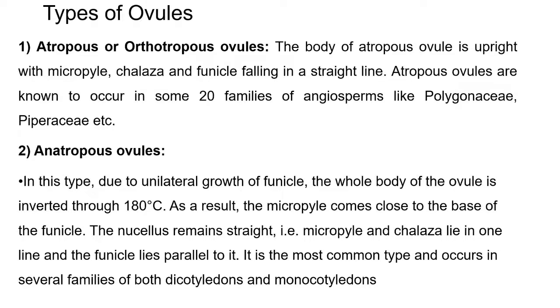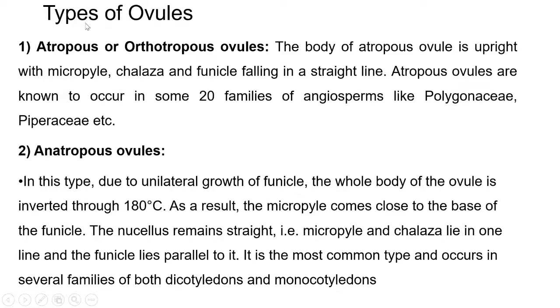In angiospermic plants, the female reproductive organ is the carpel or pistil. It is also called megasporophyll. Each carpel consists of style, stigma, and ovary. Last time we have seen the structure of typical ovule. Structure of typical ovule shows funiculus, chalaza, integuments, nucellus, micropyle, and at the center there is an embryo sac.